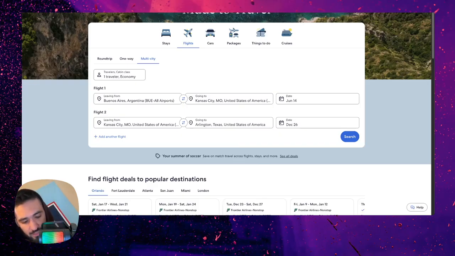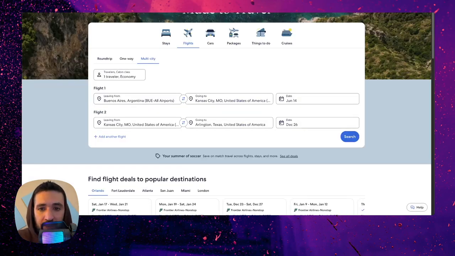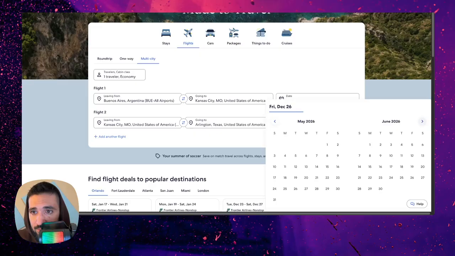And now the question is, do we stay more in Kansas or we leave right away and go to Arlington? Now that we have 2 games in Arlington, Texas at the AT&T Stadium, we have a lot of time in Texas, so let's stay a little bit longer in Kansas City and maybe do some sightseeing. So the second game is on the 22nd. Let's leave.